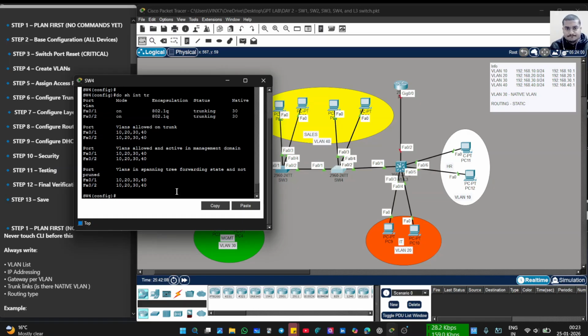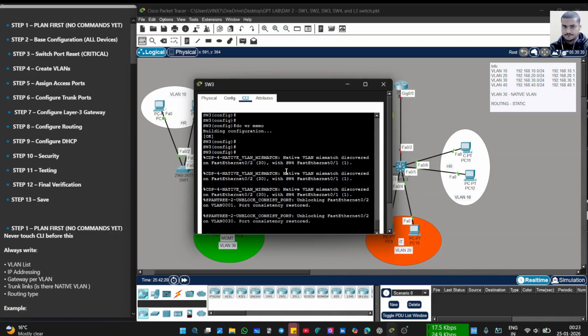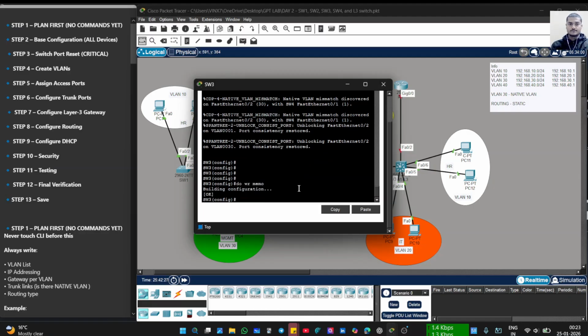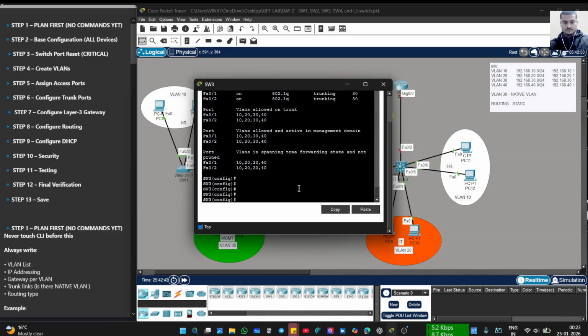Okay, that's done. Now for this I'm going to delete this, do write memory. I will check it again on this. Yeah, all set, which was remaining, that's done. Okay. Okay, well,